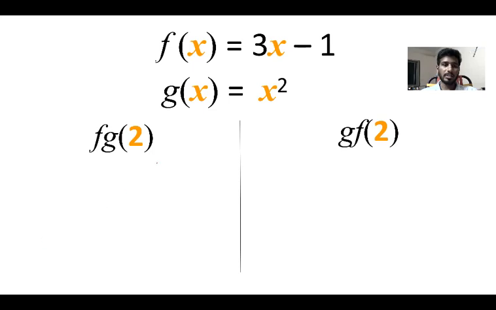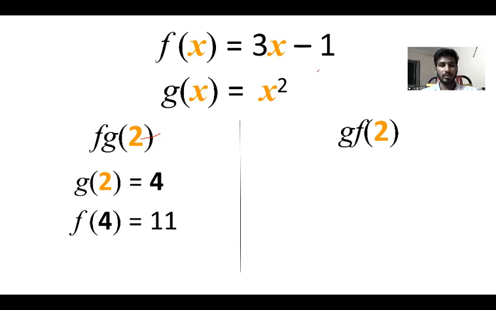So we got in the place of g of x, it comes 2, means where the x is in the g of x, there itself we have to replace it with 2, and when we substitute 2 here, g of 2 becomes 4. So f of g of 2 is f of 4. Here 4 is kept at x place in the f of x. 3 times 4 is 12, 12 minus 1 is 11.